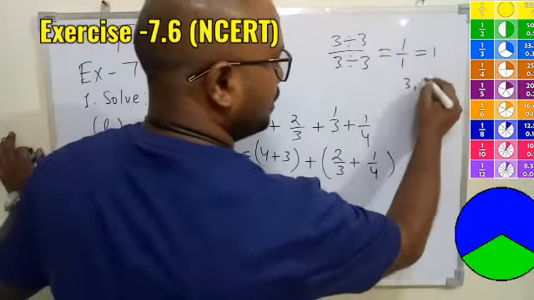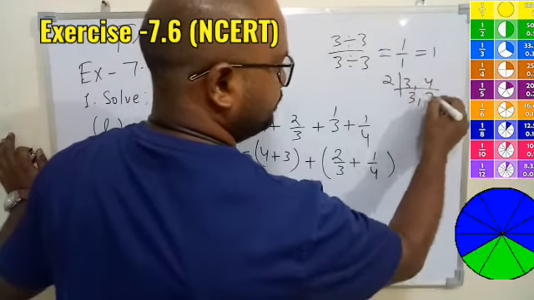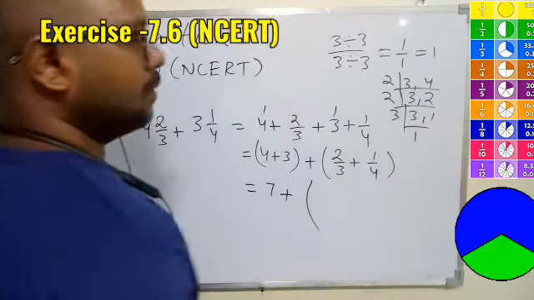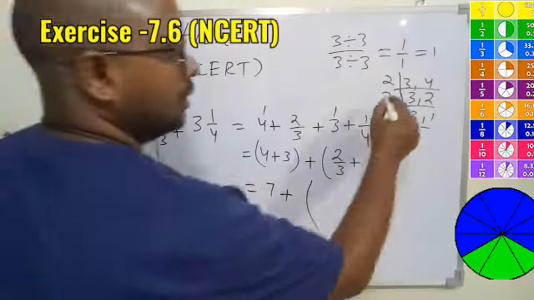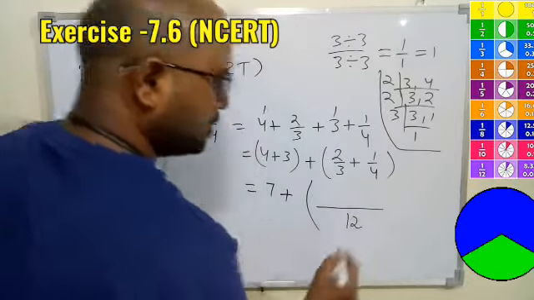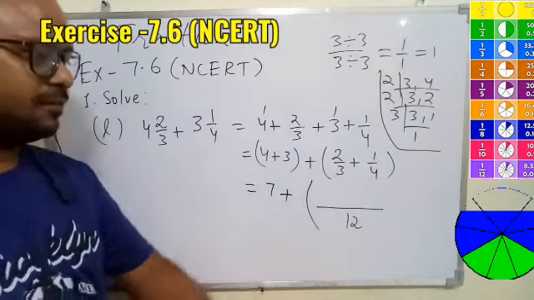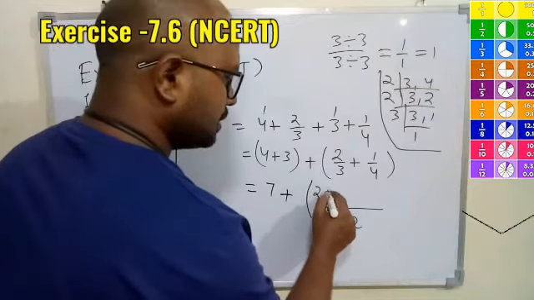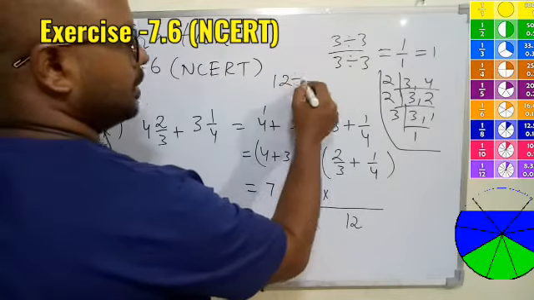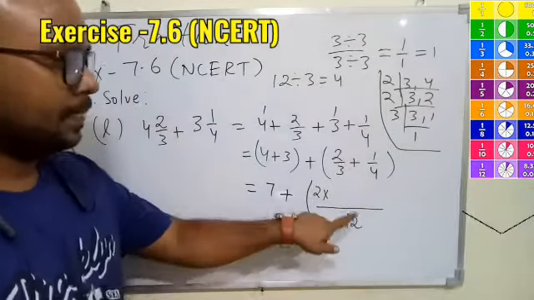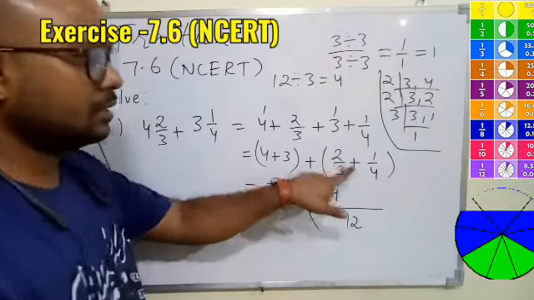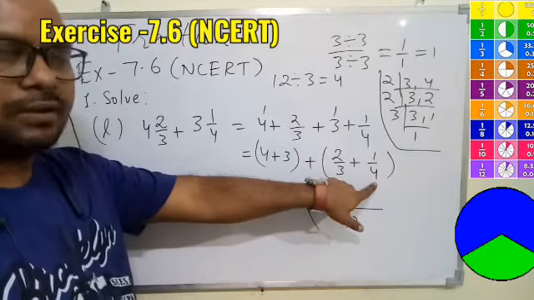If you find the LCM of 3 and 4, you will get 3 into 2 into 2, that is LCM is nothing but 12 only. So here you will get LCM 12, which is nothing but multiplication of this only, 4 into 3. Now 2 will be written as it is, and if you divide 12 by 3, how much will you get? 12 divided by 3 is 4. So 2 should be multiplied with 4. That is nothing but cross number. You can see on the other side we have 4 only.